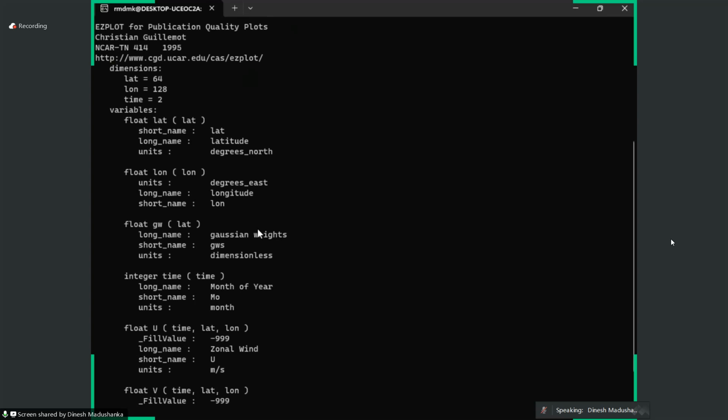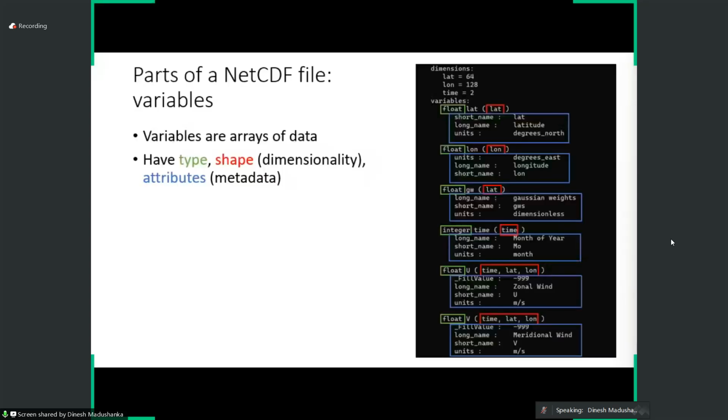So you can view the level of latitudes you have. And the same thing goes with the time, longitude, and if you have levels, for the levels also. You can view what the levels are. To do that, you have to assign this into a variable and print it in the script. We can discuss that in the upcoming sections. So the next thing is